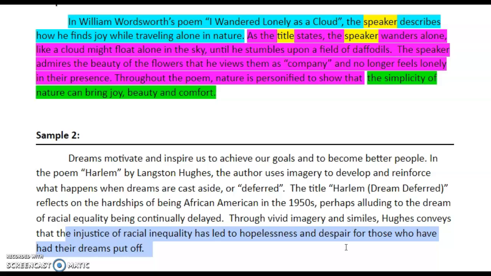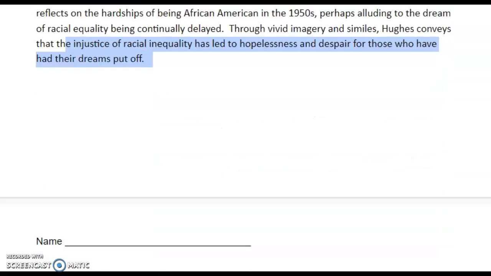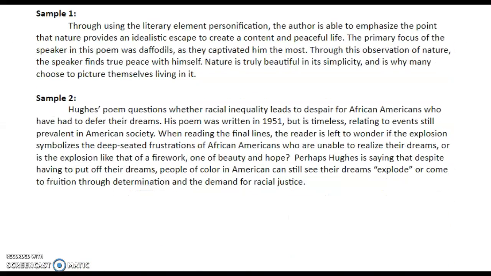So if you want to see a comparison of how to change your thesis wording so it has the same meaning but says something different, then look at those. All right, I continue. His poem was written in 1951, but is timeless, relating to events still prevalent in American society. So you can already feel him getting a little more general. When reading the final lines, the reader is left to wonder if the explosion symbolizes the deep-seated frustrations of African Americans who are unable to realize their dreams, or is the explosion like that of a firework, one of beauty